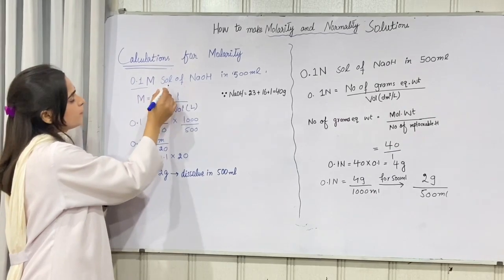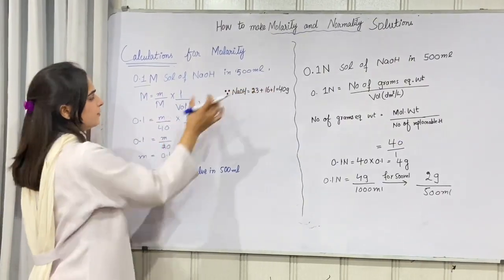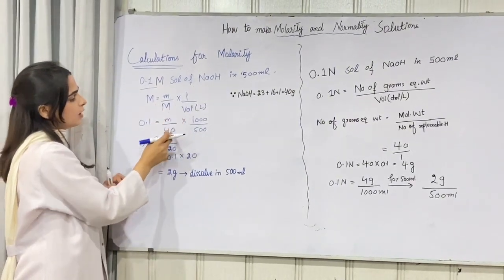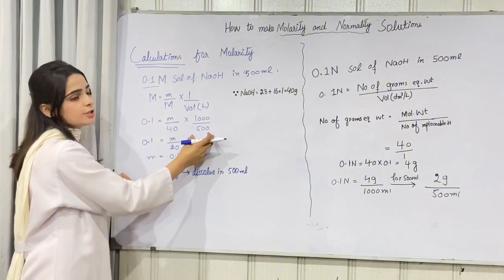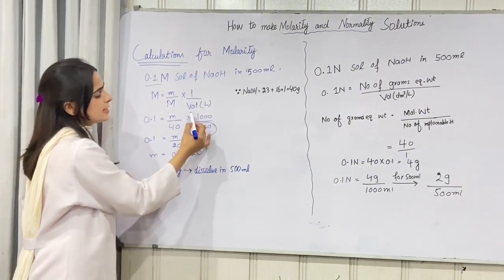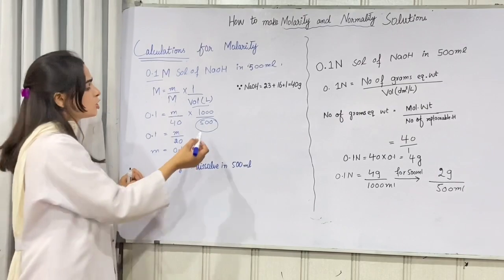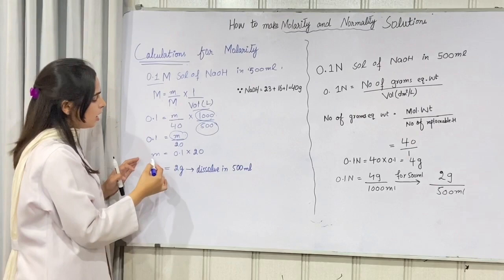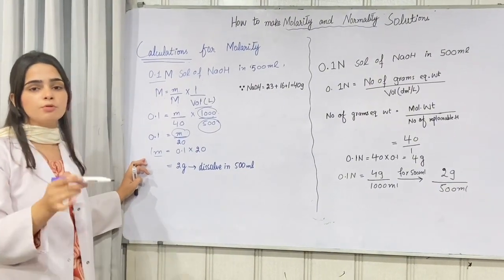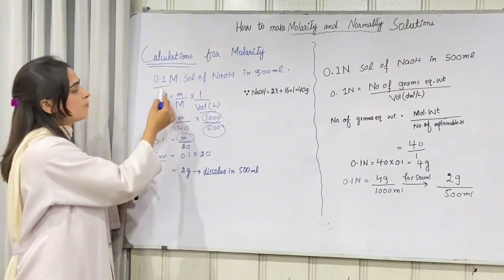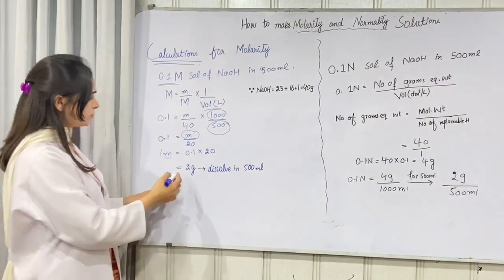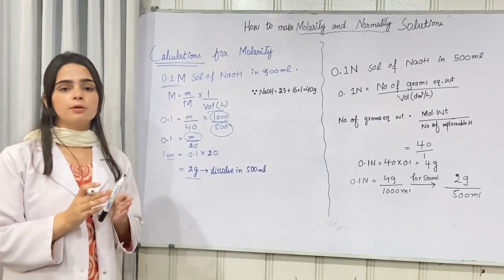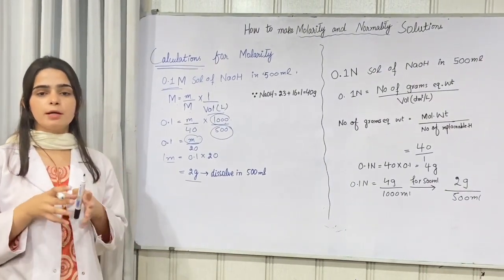We are required to make 0.1 molar solution of sodium hydroxide in 500 ml. As we know the formula of molarity, we will put the values of molar mass of sodium hydroxide and volume which is required to make, that is 500 ml. Since the formula uses liters and we are making it in ml, we multiply with 1000. When we put the values here, we will find out how many grams of sodium hydroxide we will take to dissolve in 500 ml to make the 0.1 molar solution. After performing calculations, we will get 2 gram. This means we are required to dissolve 2 gram in 500 ml to make the 0.1 molar solution of sodium